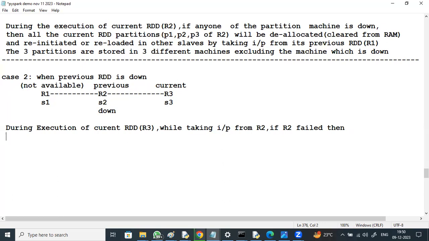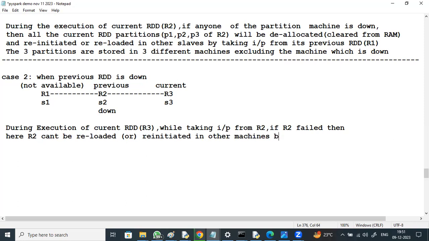No. R2 can't be reloaded or reinitiated in other machines,